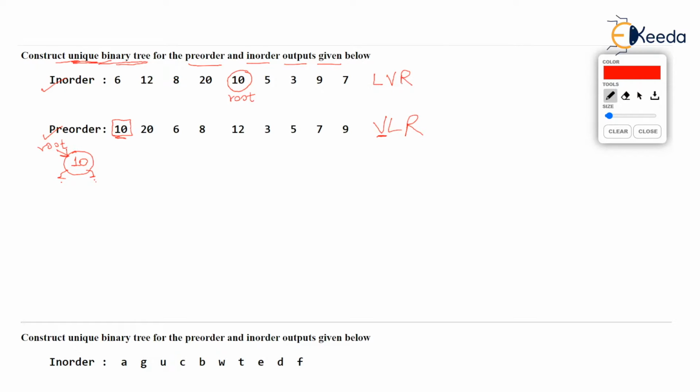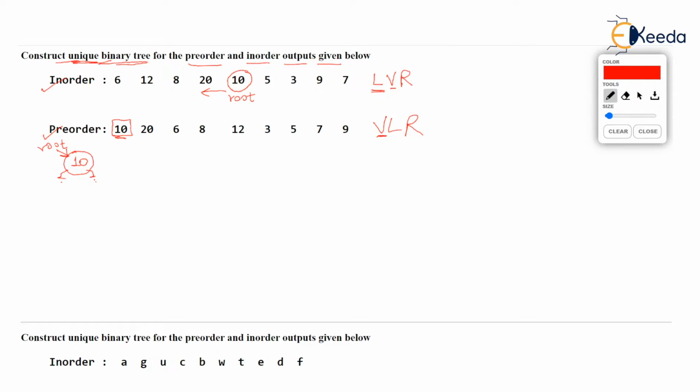That means the vertex is printed only after printing all its left branch, or we say left subtree. So here before 10, you observe, many values have got printed like 6, 12, 8, 20. Then we come to a conclusion that 6, 12, 8, 20 values must be present to the left of 10.